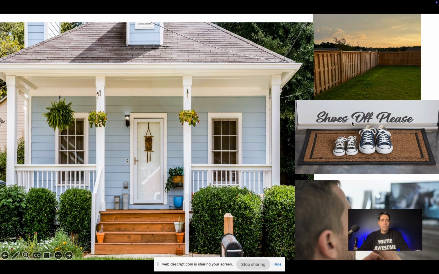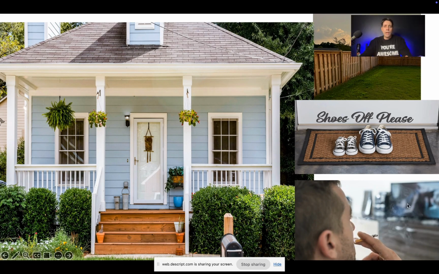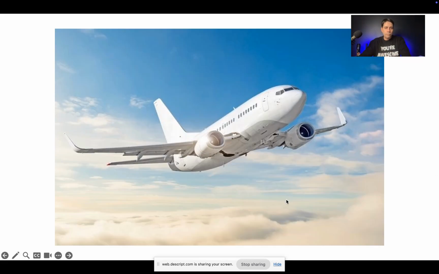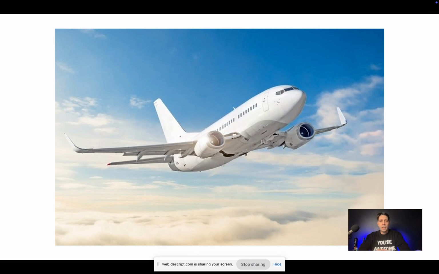Some people have boundaries for their home that says, hey, shoes off when you come inside. Cool. I've never had a problem with that. Do you allow smoking in your home, right? Those are all boundaries. And when people know the boundaries, they usually comply with the boundaries. On an airplane, there's all kinds of boundaries like no guns, no weapons, no knives. There's no liquids over 3 ounces. And they have this whole screening process to make sure you respect their boundaries. There's no smoking on the plane. When we take off, you have to be wearing a seatbelt.